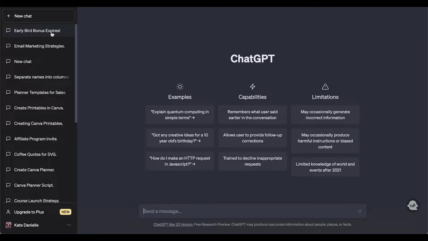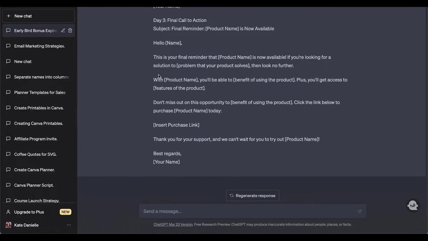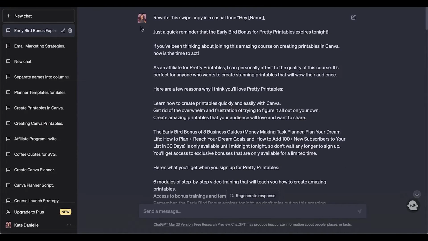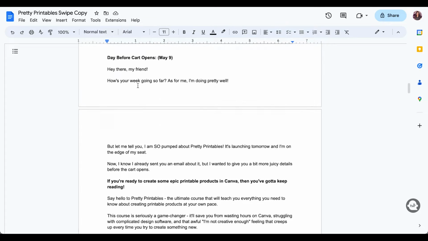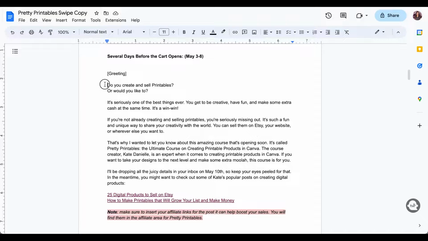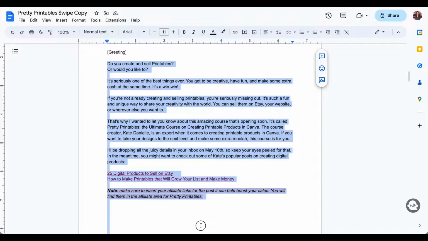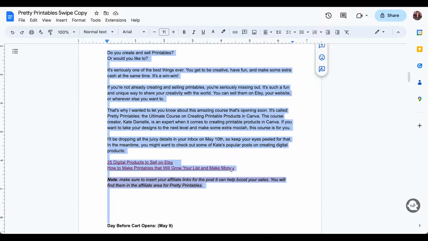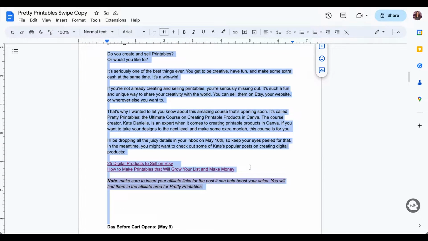And so what I did was I copied one of my emails in here and said, rewrite this swipe copy in a casual tone. So let's take a look. I'm going to go ahead and pick this before the card opens, and I'm not going to want the note there, but I can delete that out. Oh, that's the end. So I'll go to here,